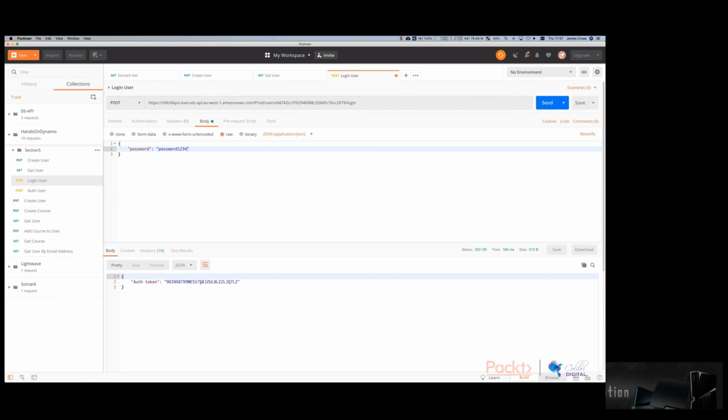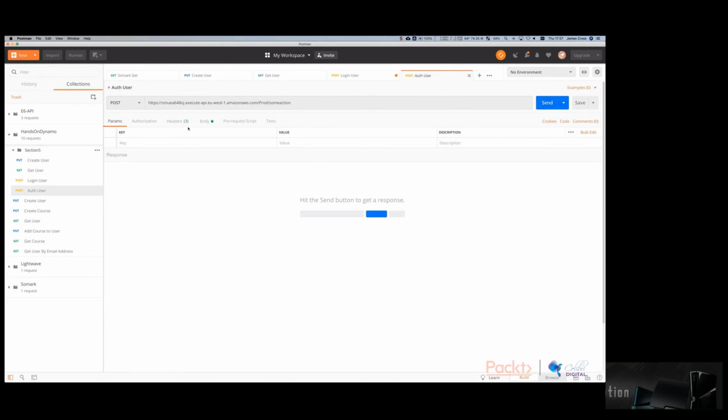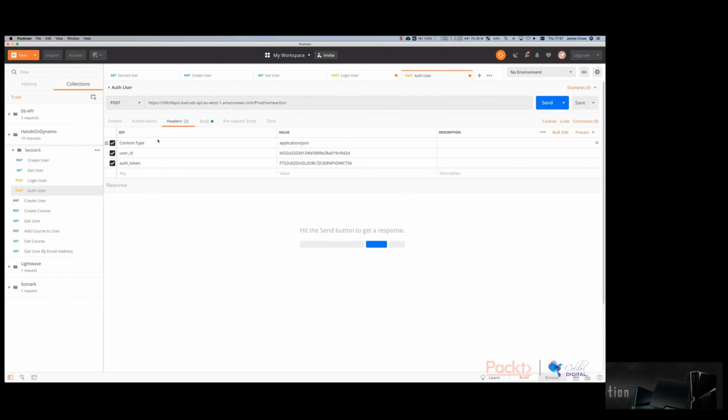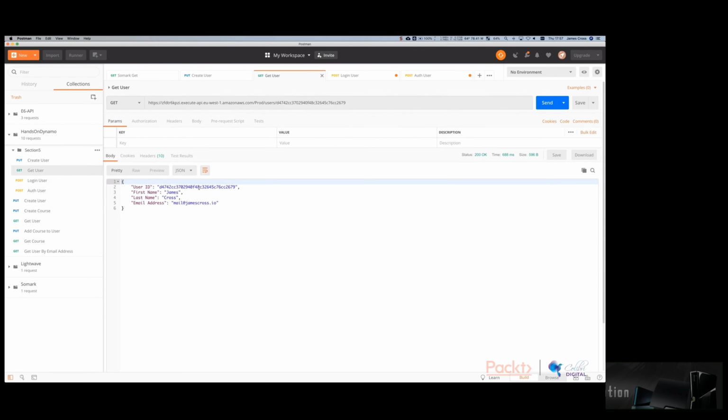So this is new functionality for us. We've now got an auth token. So now if we go over to auth user, that's prod, that's some action, so we just remove this from here. And in the header here, I've got an old user ID and an old auth token. So if I click send on that, I get an error because I obviously don't have permissions to access that function. If we now put a valid user ID in there,